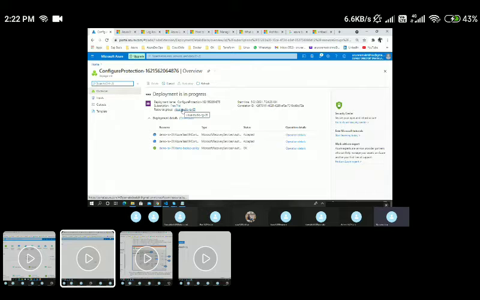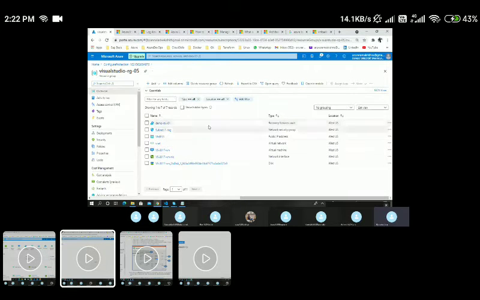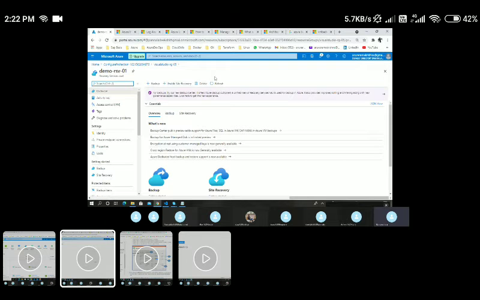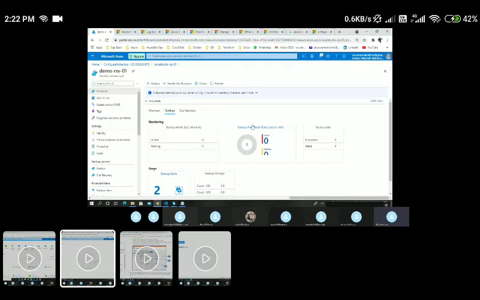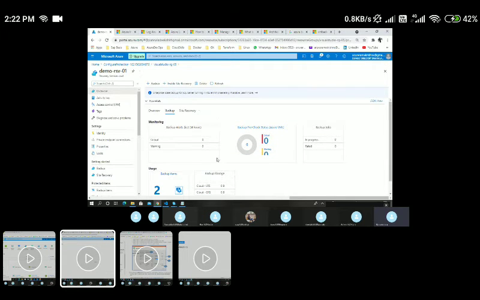If I go back to this recovery services vault, I'll go to this resource group, and within this I have a recovery services vault, and you could see the symbol of it. Let me click on it. If I want to see my backup items, I can monitor using this dashboard. Here you could see the monitor, backup. You can completely monitor your backup jobs and how many items have been backed up, everything you can see here. If you have any critical warnings or alerts, they will show here.